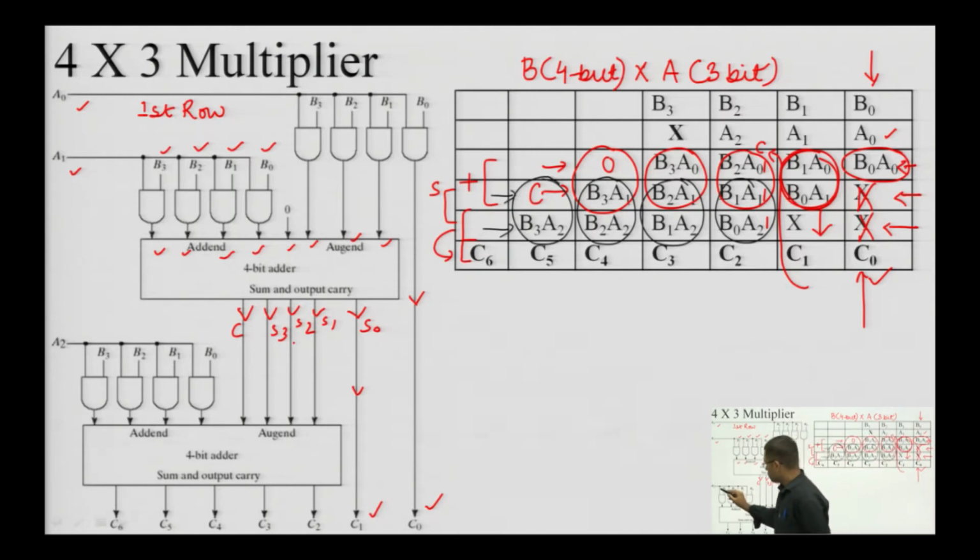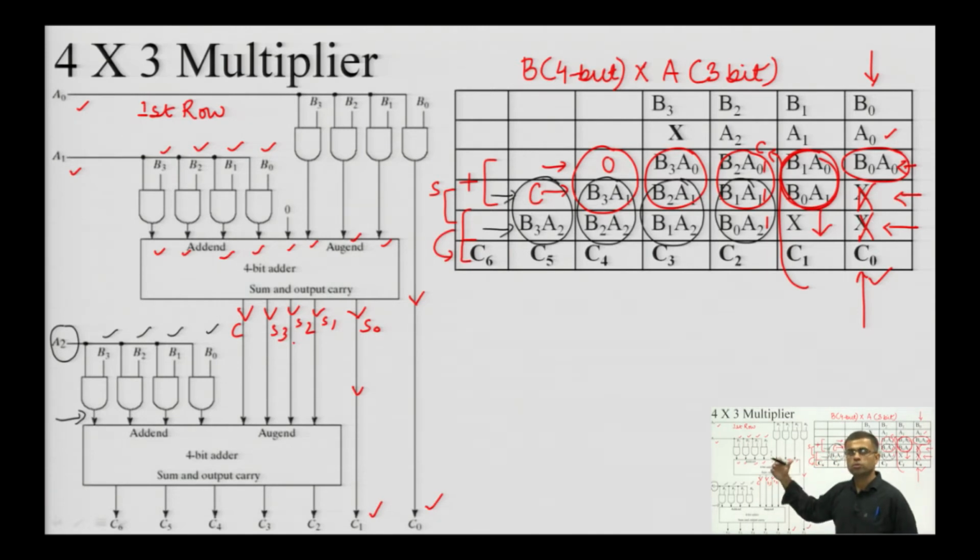So, let us prepare these 4 products B3, B2, B1 and B0 multiplied by this A2. Okay. So, when these are multiplied, we get the third row elements. These third row elements are added with the sum of the first 2 rows by using another 4-bit parallel binary adder, but this time the sums generated here are the final sums and we need not add anything else to these numbers.